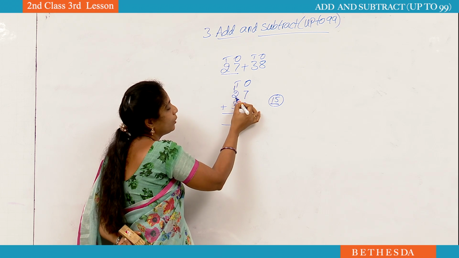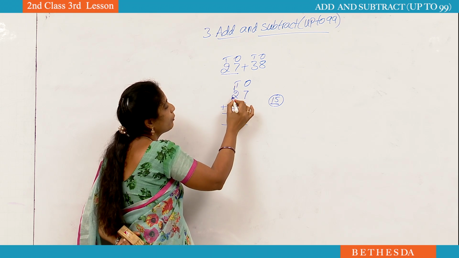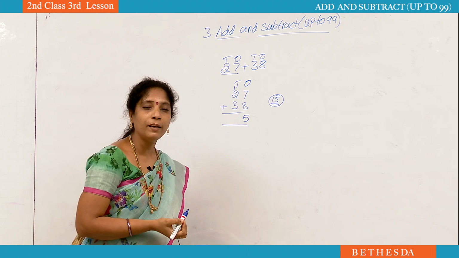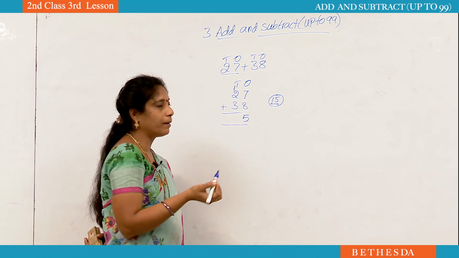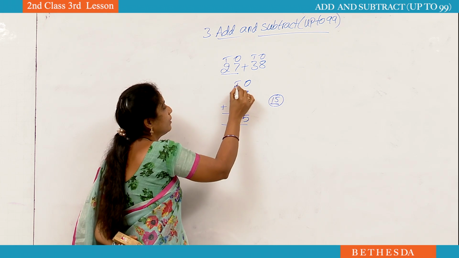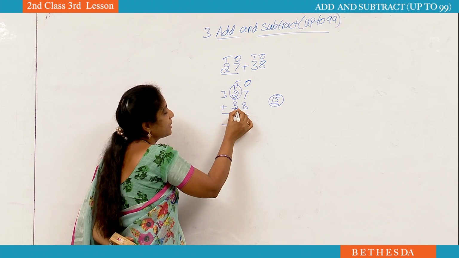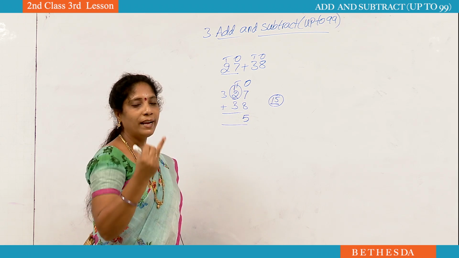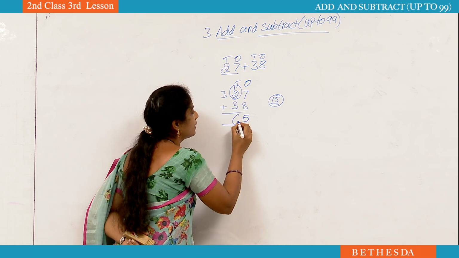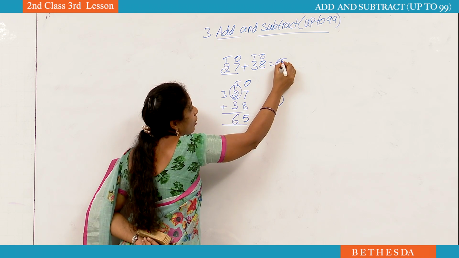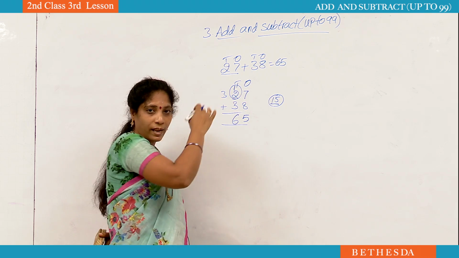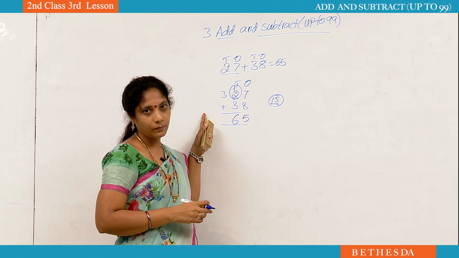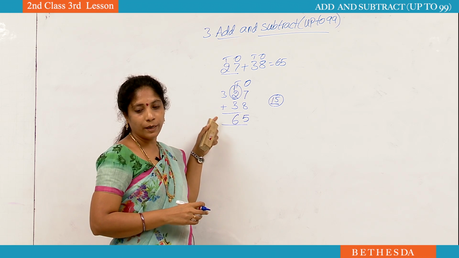Now here we got 3 numbers. See here, 2 plus 1 is 3. If you add 1 to any number, we will get the number after that number. 2 plus 1 is equal to 3. Now 3 plus 3. 3 is in my mind, 3 is in my hand. 3 after 4, 5, 6. Now what is the answer? 65. These are called carryings. If you get more than 10, we have to regroup with another place number. Then this is called regrouping.